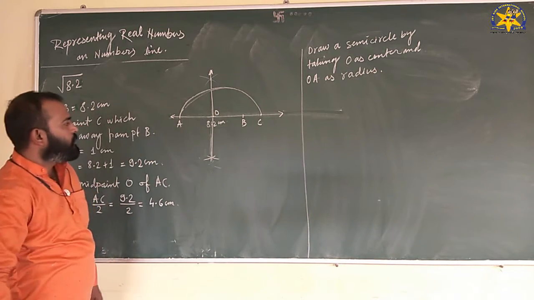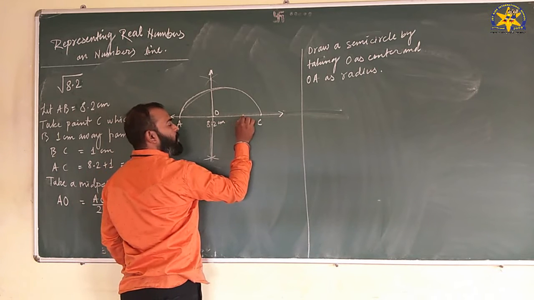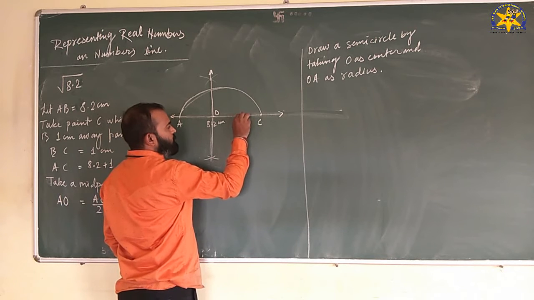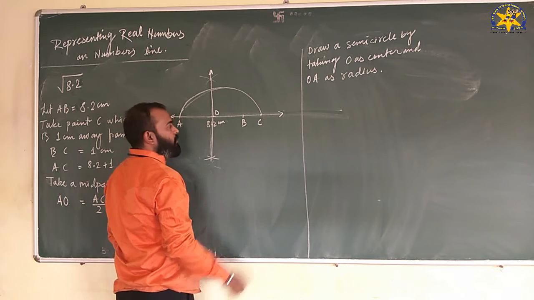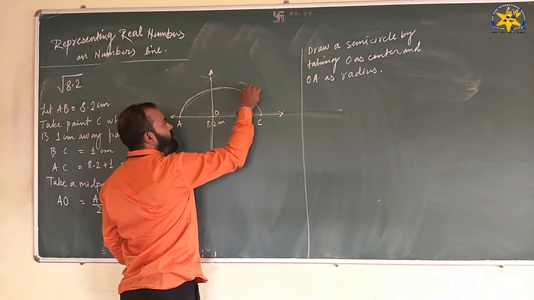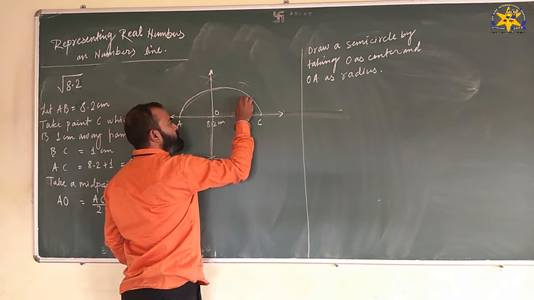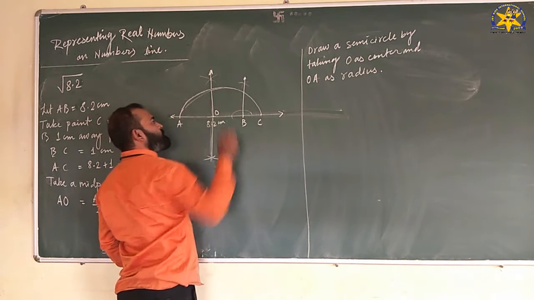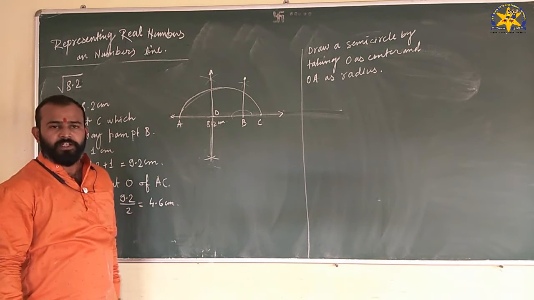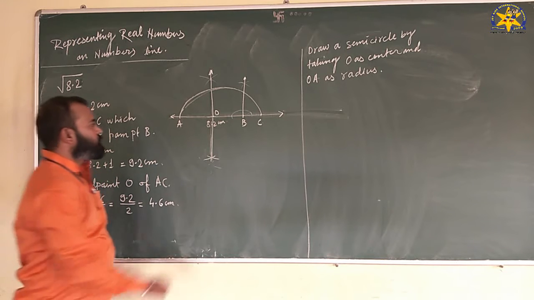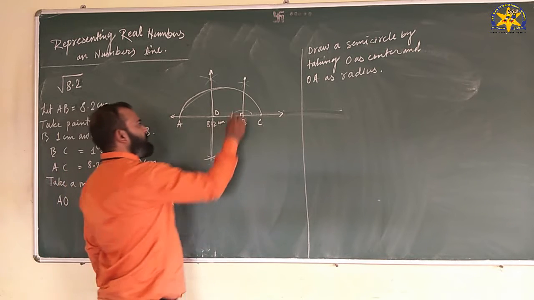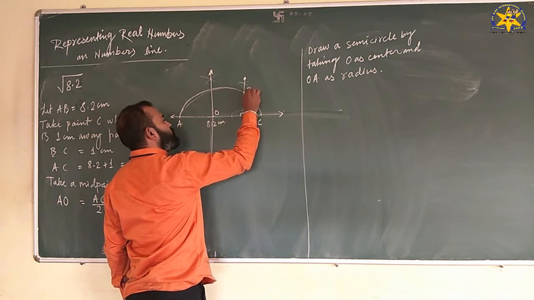Okay. Now draw a perpendicular from point B. B से perpendicular निकालो. You know how to draw a perpendicular. Keep the tip of a metal compass here. 2 arcs or a semicircle. Then here 2 arcs. Join it. Okay. Or take a protractor and draw an angle of 90 degrees from it. It is a basic construction. So it's 90 degrees. We all know. Okay. Let it intersect the semicircle at point, suppose, D. We have not taken D.